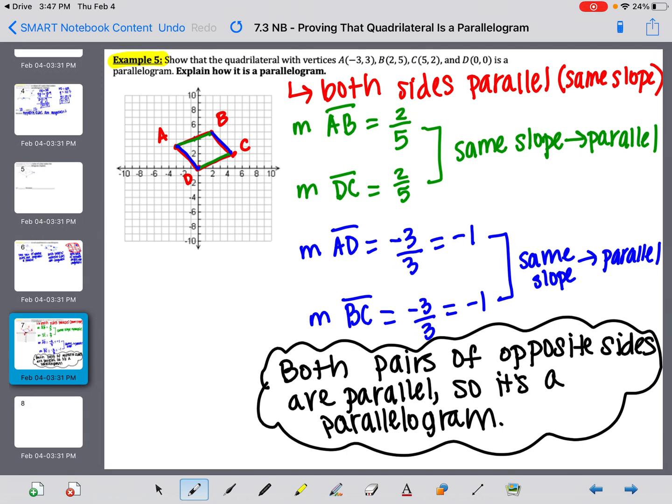We could also use the opposite sides being congruent or the diagonals bisecting each other. If you are curious about that, be sure to ask your teacher because there are other ways to show this. But this is definitely the easiest. And that finishes up our 7